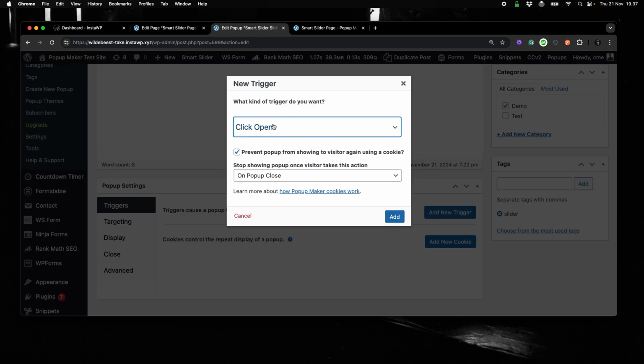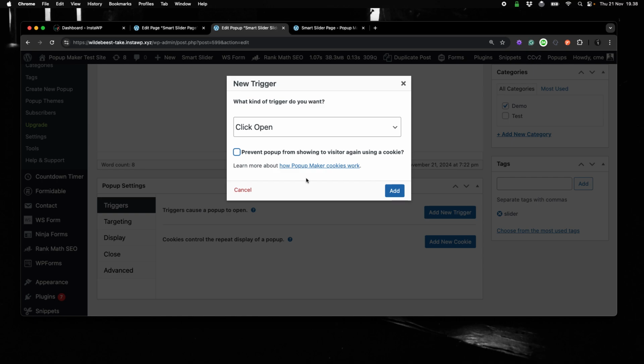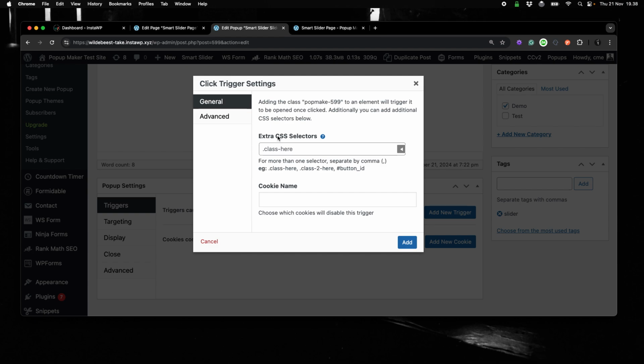I'm going to keep it a click open. I don't want to use a cookie because in this demo I want to display that pop-up every time I click on an image. So let's click add,